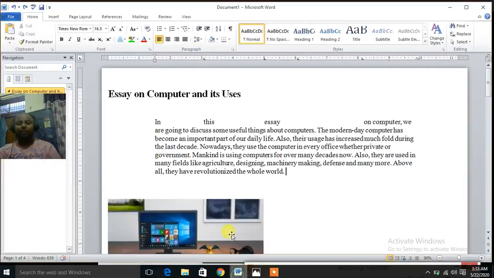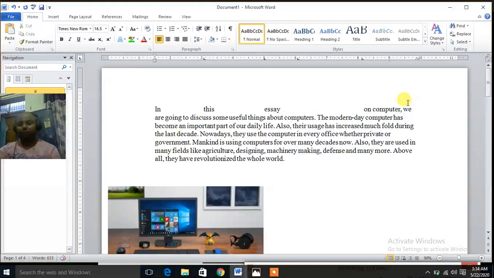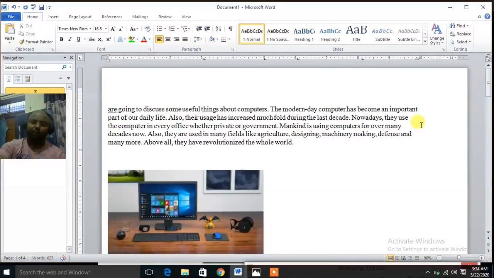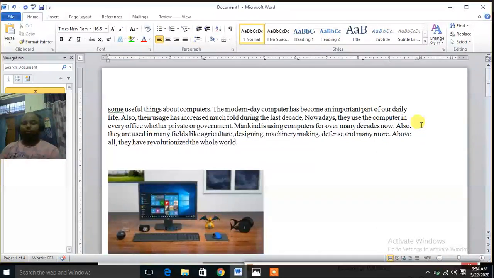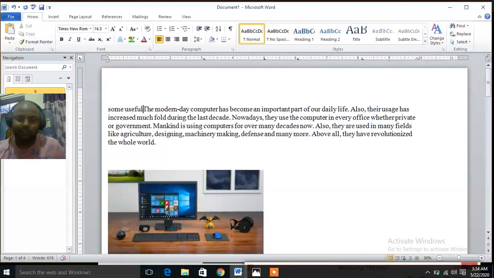So how to delete? Select the text and press the delete button, or click here, and you can use backspace also like this. Backspace will delete on the left hand side, and the delete key will delete on the right hand side like this.